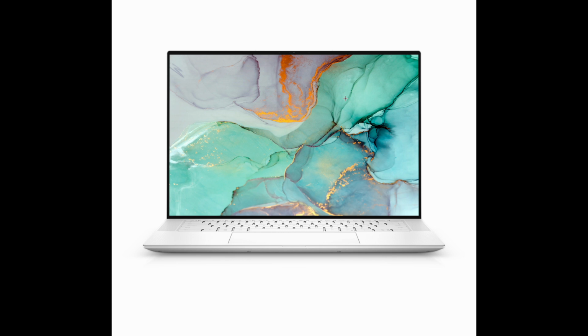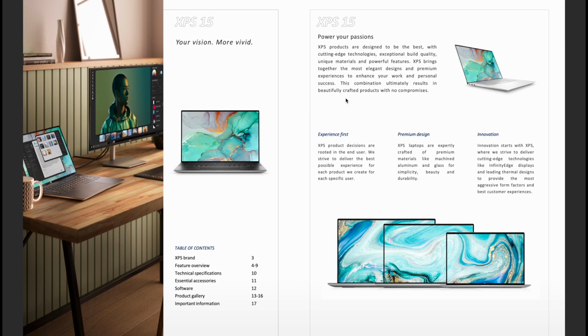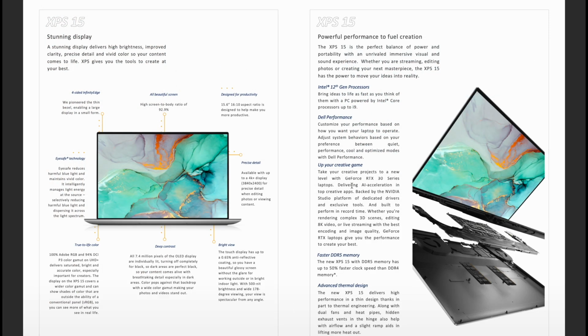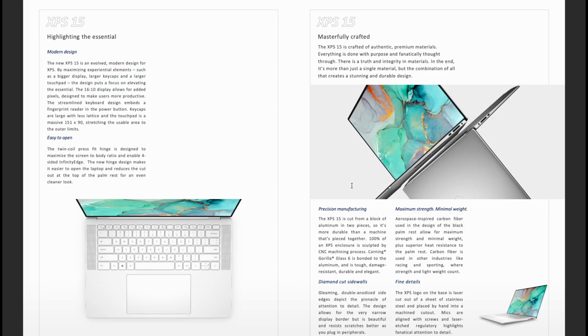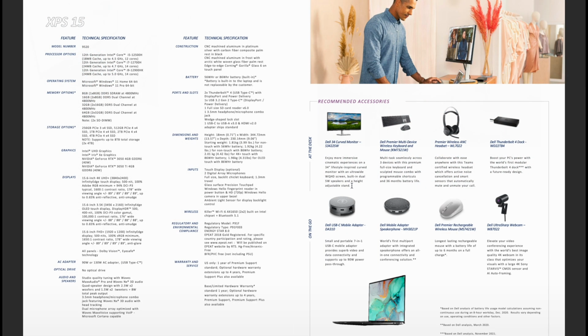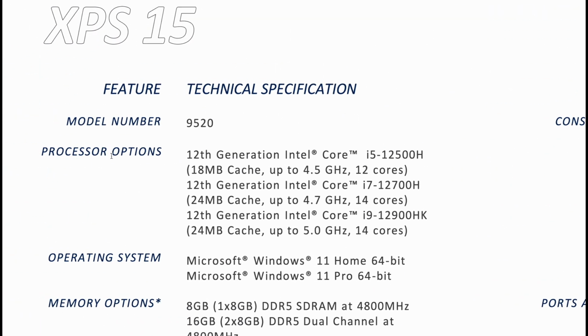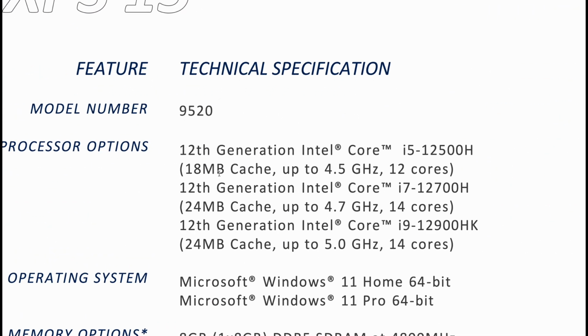So what's going into it? This is going to be a very short video. Alright, so this is the XPS 15, and all you need to know is, let's go into it. You can screenshot these if you like. Let's get into the specs, what we want to know, and of course 12th generation CPUs up to a 12900